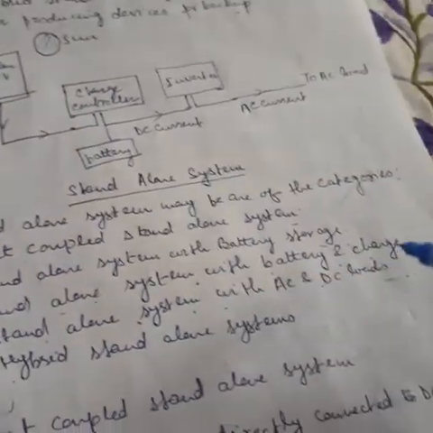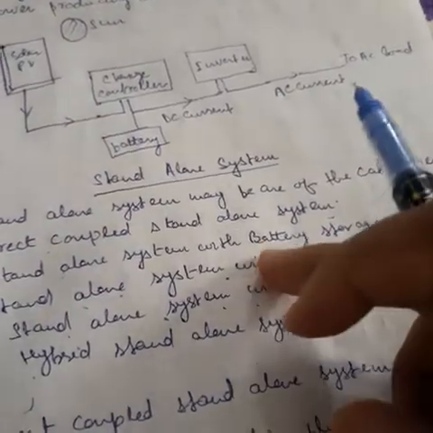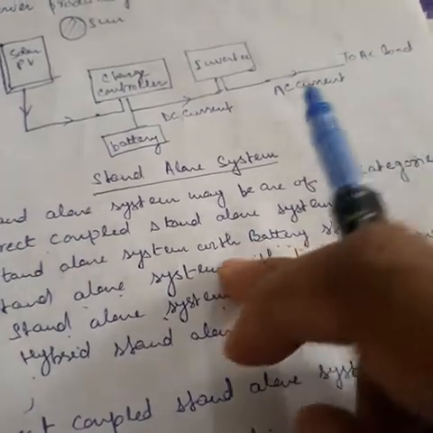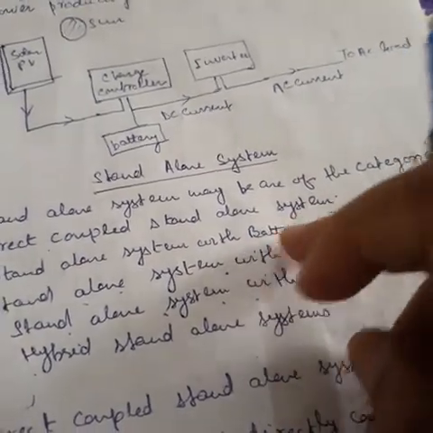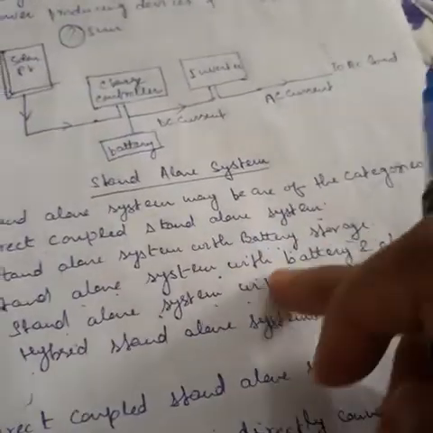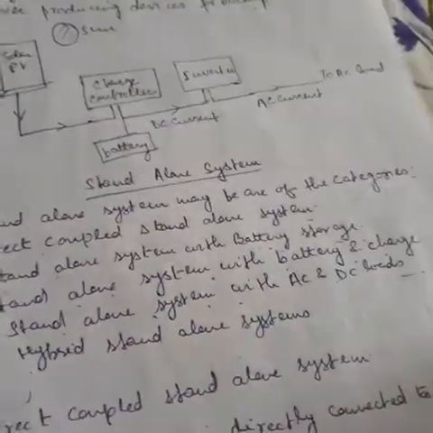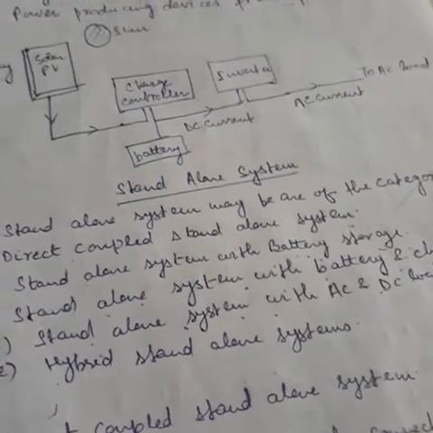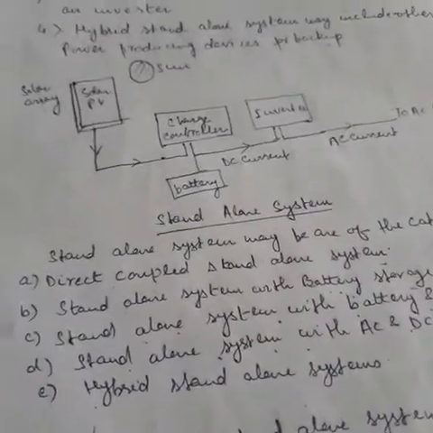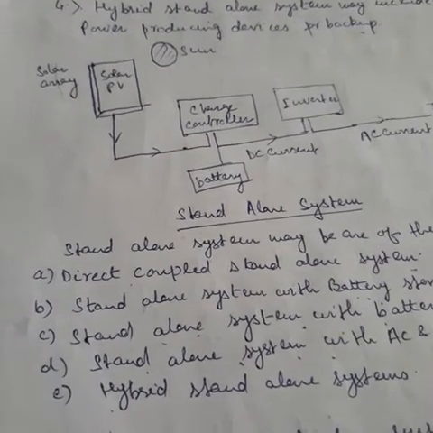The third is the battery as well as charger, where current is not simultaneously charged to the battery. There are some high charge and low charge, so a control unit must be there that maintains the charge phenomena of the battery. The fourth one is the standalone system with AC and DC load. So an inverter is to be used there. When DC current is obtained, we directly attach an inverter and this is converted into AC form.